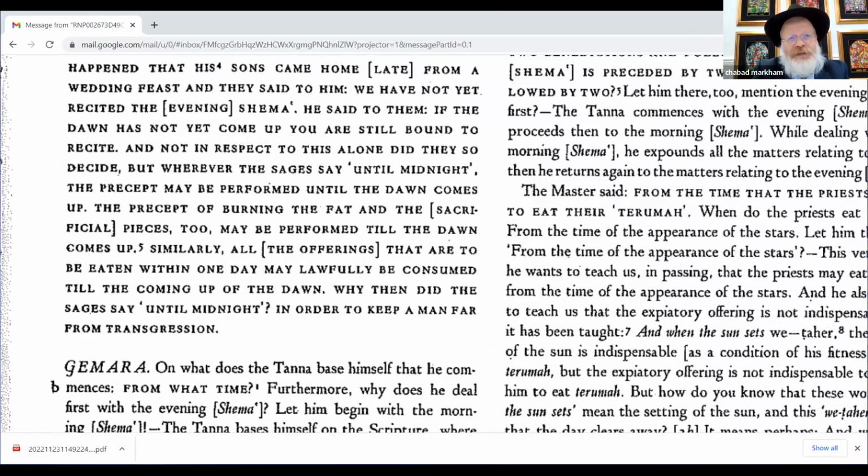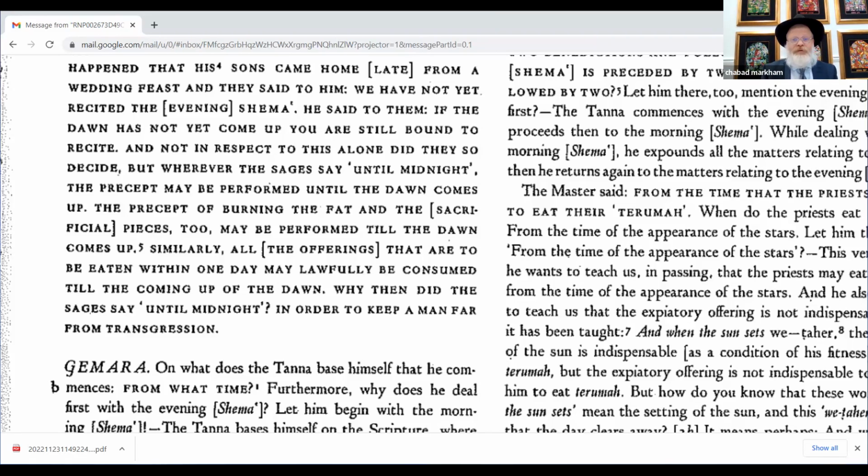The halacha is that you should preferably say the Shema before midnight, because otherwise you might fall asleep and forget it. But if you forgot for whatever reason, you came home late at night, you're allowed to say the Shema all the way until dawn. Does the Shema have to be the last thing you do at night? Well, the Shema that we're speaking about over here is the Shema of Ma'ariv. So there's a Shema of Shachris and the Shema of Ma'ariv. We also have a custom, in addition to saying the Shema of Ma'ariv, we also say the Shema of going to sleep.